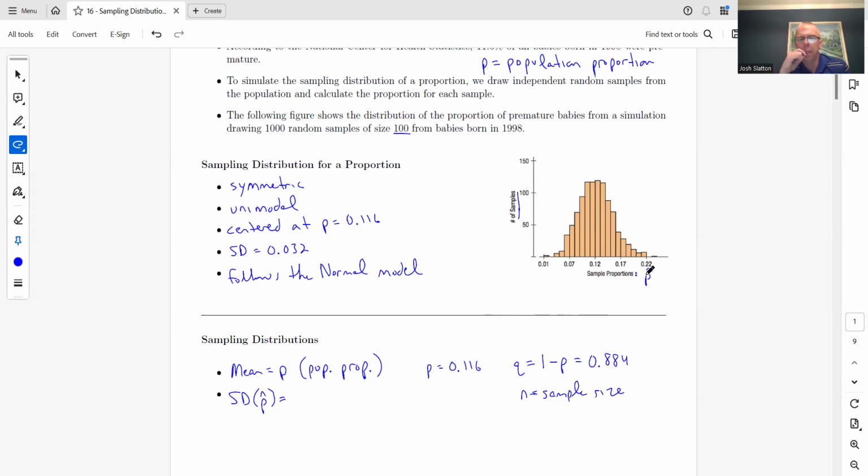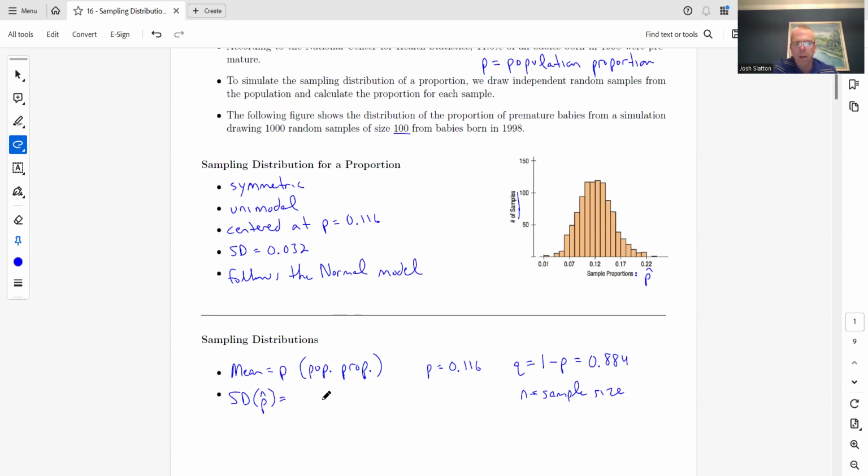Another thing to make sure that you're getting comfortable with is these symbols. We use a lot of different symbols, and the symbols mean very specific things, and they're similar, like you can see P and p hat, but they mean different things. So it's very important that you keep track of what P means, what p hat means, what n means, what q means. If we have p hat, obviously we're going to have a q hat that we can talk about. That's going to aid you as you move through these chapters, knowing what these symbols are talking about.